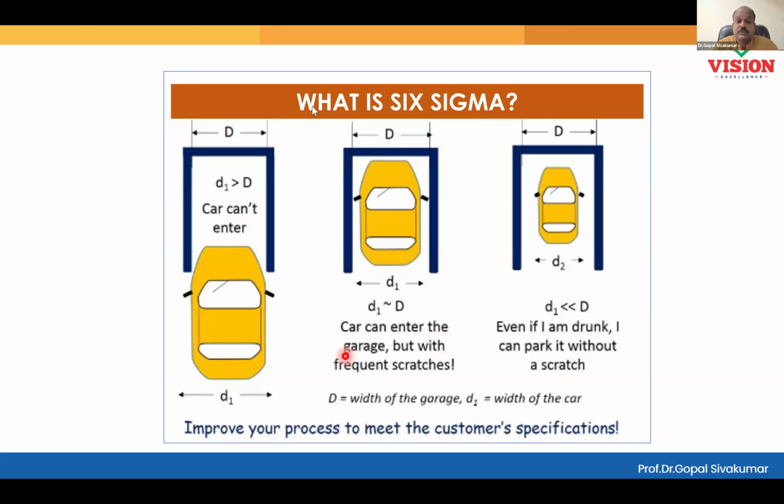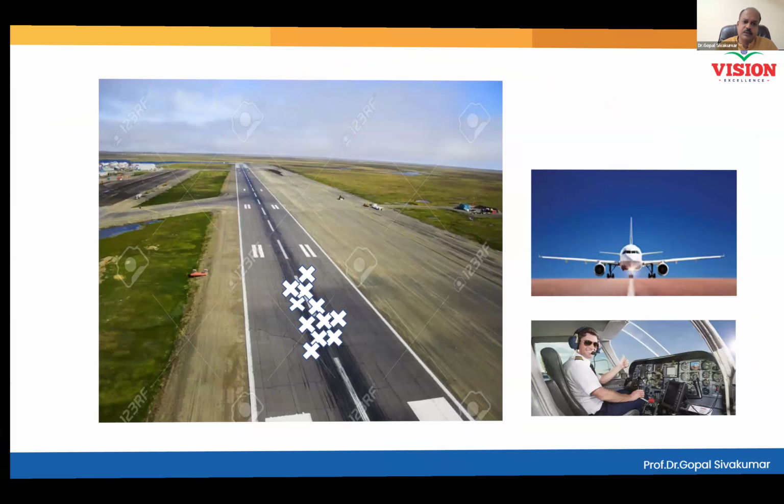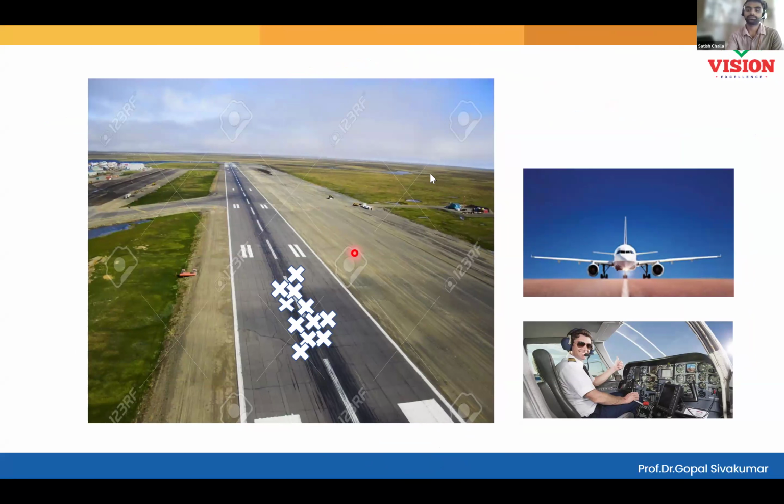1.33. Wherever processes are critical, suppose if your car is a BMW car, it is better to have a bigger parking area, isn't it? And CP/CPK must be 1.67. If your process is less critical, 1.33 required. More critical, 1.67 required. Please note, 1.67 is kind of a long-term expectation. Your process will perform in the short term also. Your process will perform in the long term also. Hope all of you understand the scenario here. Am I right? So far, good? All good? Yes, sir. Okay.